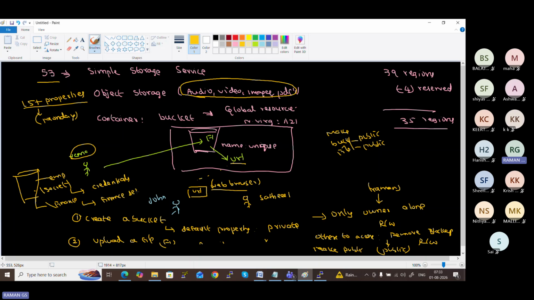If you make the entire bucket public, everyone can access all the other details. So I want to enforce some restrictions.